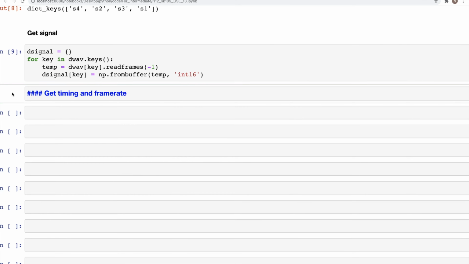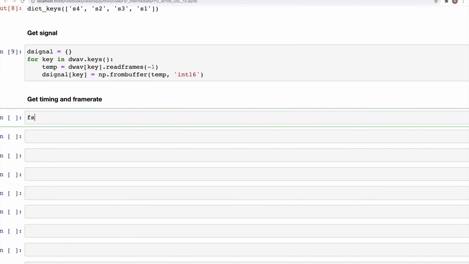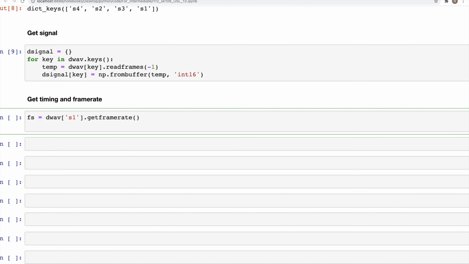So this is another heading, and here we can specify fs is equal to d wave s1. So we can get all of that from the audio track s1. Get frame rate, and then similarly for timing, we can get it for in space 0, and then length d signal s1,